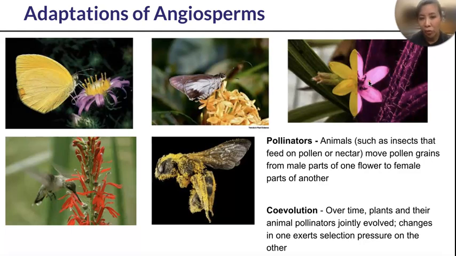Additionally, the fruit, which I didn't really show here, is another way to disperse the seeds, right? So different fruits will attract different animals. Fruit can also be dispersed via the wind and just gravity. So even though we don't talk about how we don't need water anymore in order to successfully reproduce, you can envision that when there's a strong rainfall along with gravity and wind, that could also help disperse seeds and